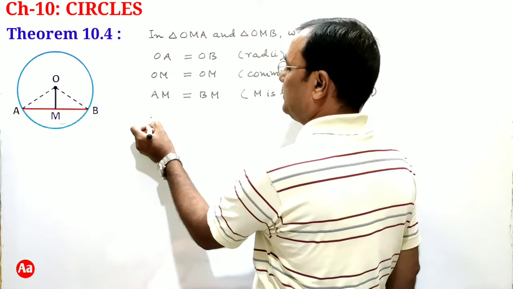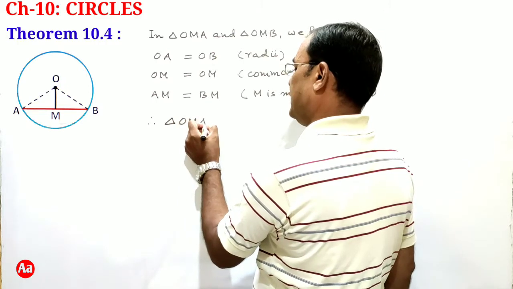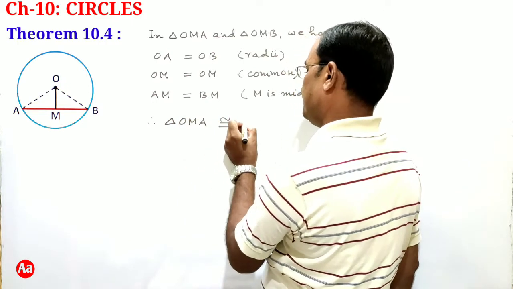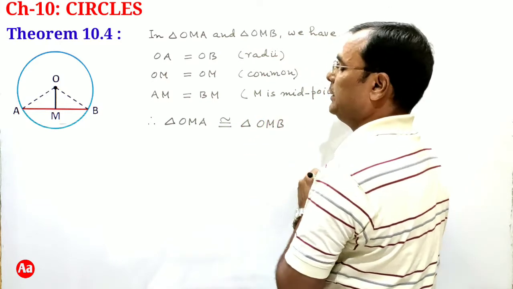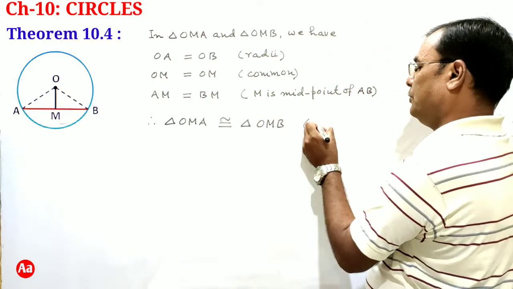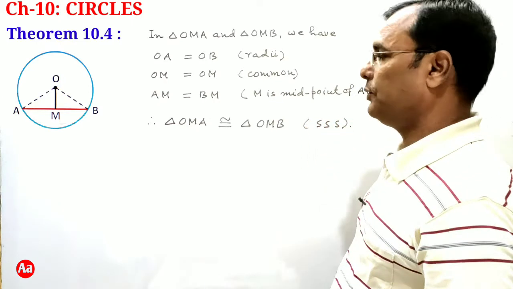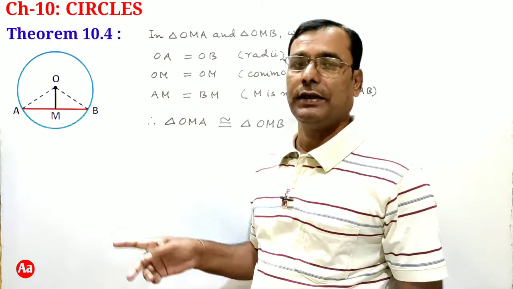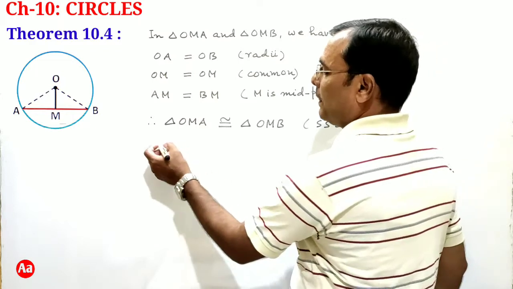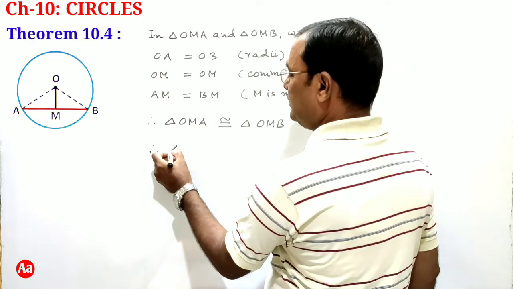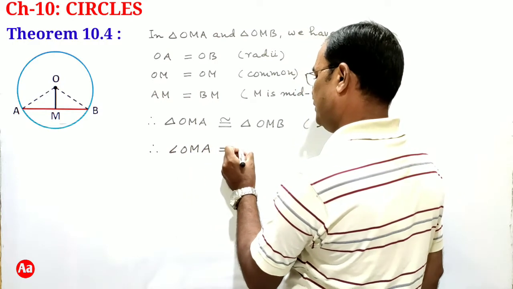Therefore, triangle OMA is congruent to triangle OMB. By which congruence rule? Side-side-side congruence rule. Triangle OMA and triangle OMB are congruent, and so angle OMA is equal to angle